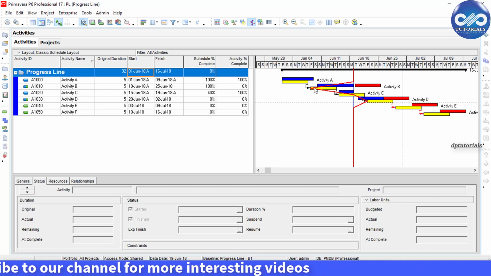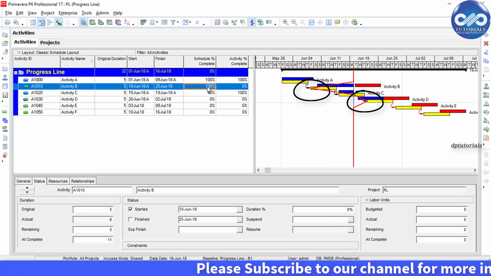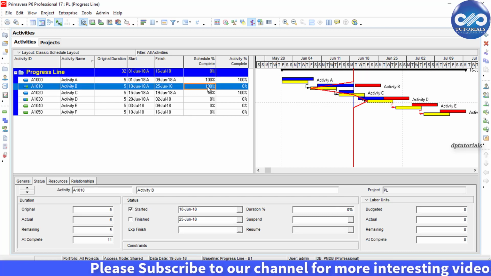Now you can observe that activity B, which is lagging behind the schedule, will be shown towards the left side, and at the activity D you can see the progress line going towards the right side. And the point where the red line connects the baseline bar is actually the activity percentage complete.